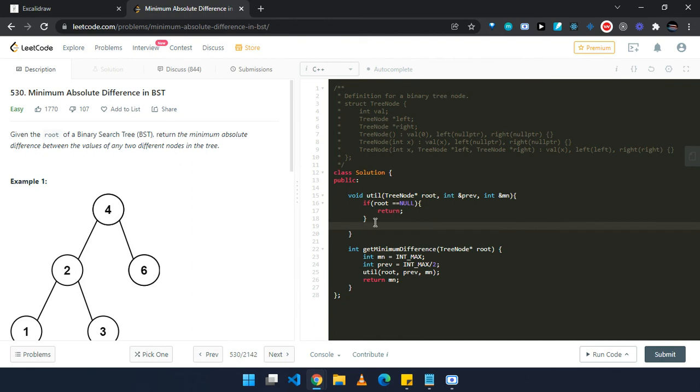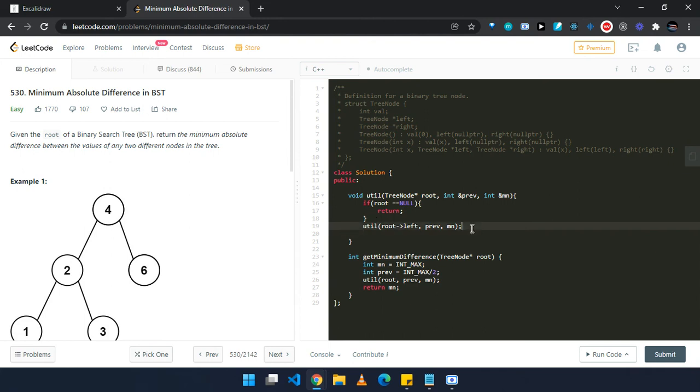Now if root node is not null, we need to first visit its left hand side. So we will visit its left hand side. Left hand side will be pointed by root left, and we'll pass on the values we got.